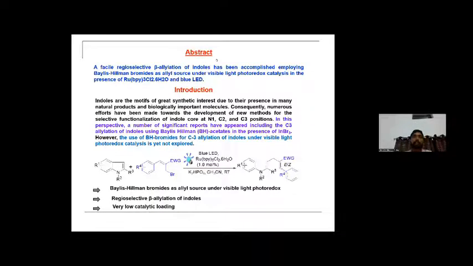In the present work, a facile selective beta-allylation of indole has been accomplished employing Baylis-Hillman bromide as allyl source under visible light photoredox catalysis in the presence of a ruthenium bipyridyl complex and new entities. Indoles are motifs of great synthetic interest due to their presence in many natural products and biologically important molecules. Consequently, numerous efforts have been made towards the development of new methods for the selective functionalization of indole